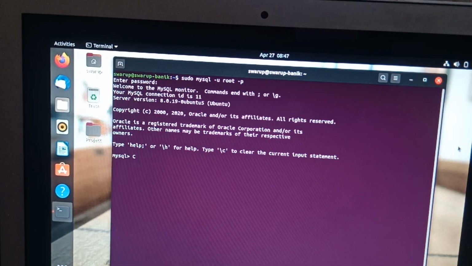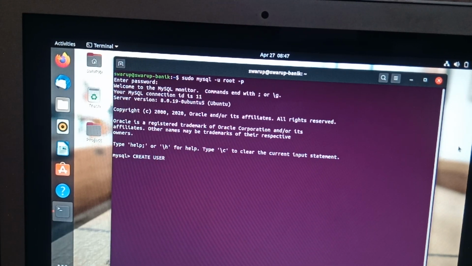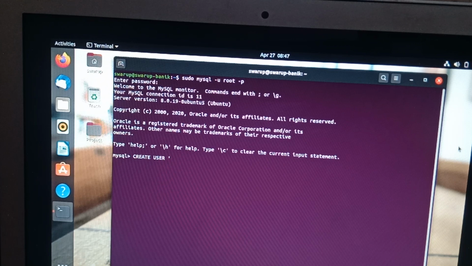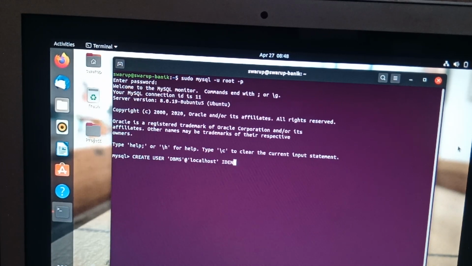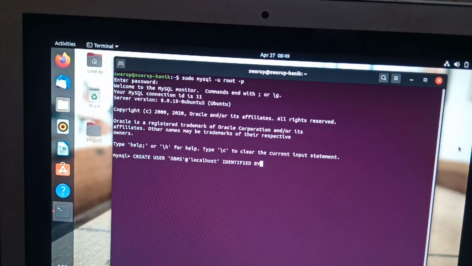This is how we create a user: CREATE USER. We are putting the username as dbms@localhost IDENTIFIED BY, and define the password which you want to put.